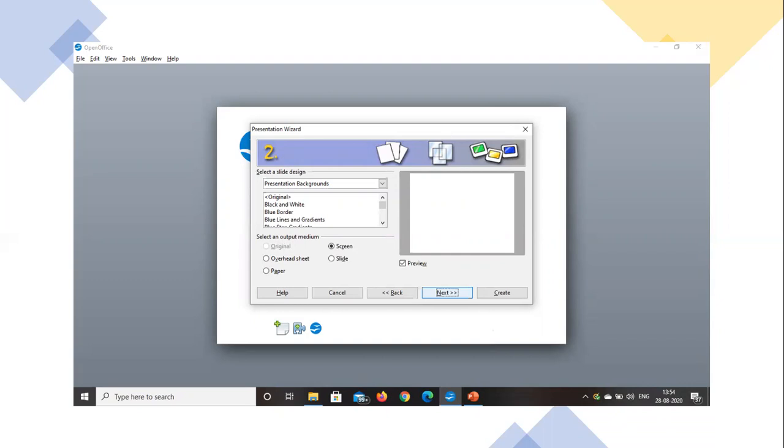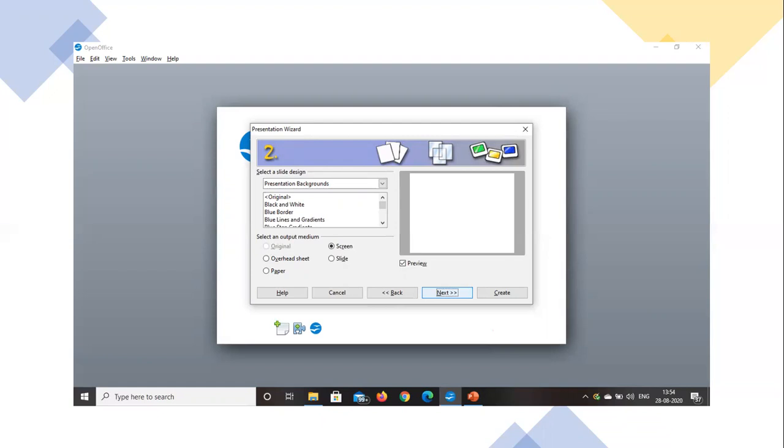Here we are performing the operations on the screen. Output means the way we can see it, right? Here we are going to see it on the screen, not on paper or anything else. So we select screen, and to go to the next step we click on next.